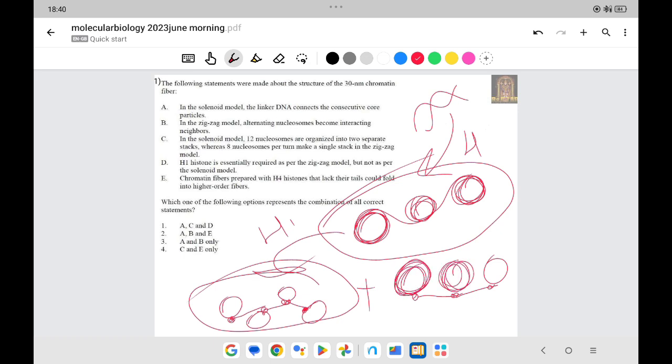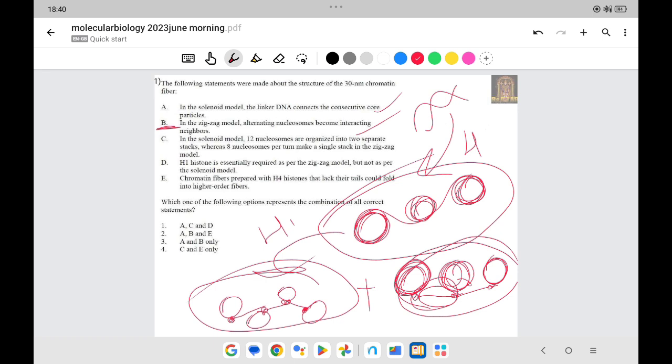So now come to the statement, where they are saying in the solenoidal model, the linker DNA connects the consecutive core particles. Yes, in the case of the solenoidal model, the consecutive core particles are connected via this linker DNA. So this one is the right answer. And for the zigzag model, the alternate